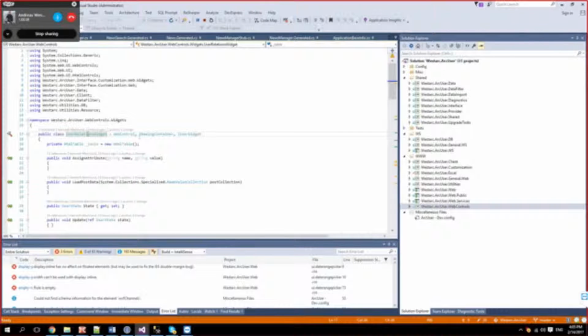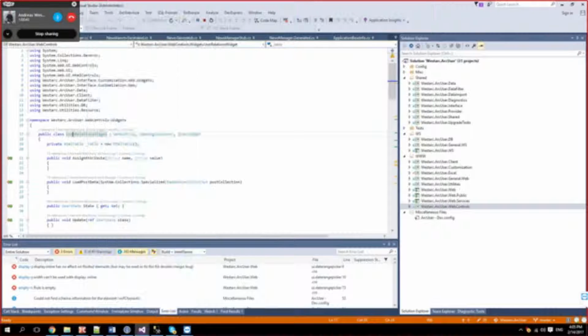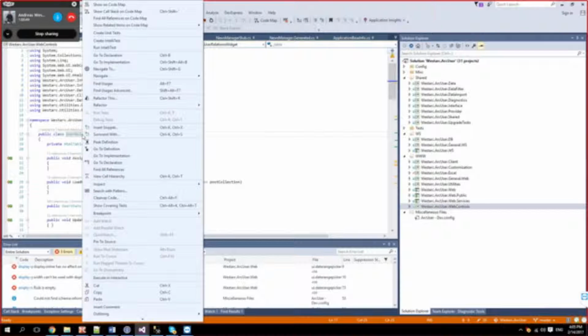Let's see. We find all references to this one. What's the shortcut? I use ReSharper Alt F7. Pardon? I use the combination Alt plus F7.